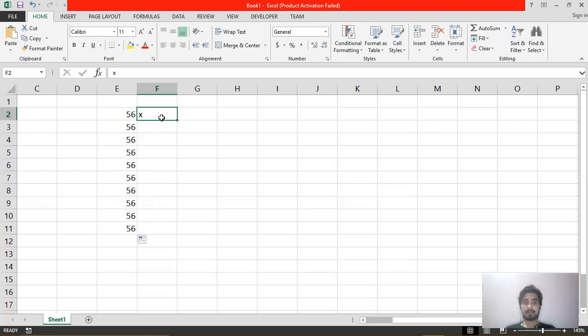Then I want this multiplication sign, or this X, in all these cells. Here also I do not need to show the pattern because the same content will be entered in all the cells. So we'll just use the autofill option for inserting content in all the cells.